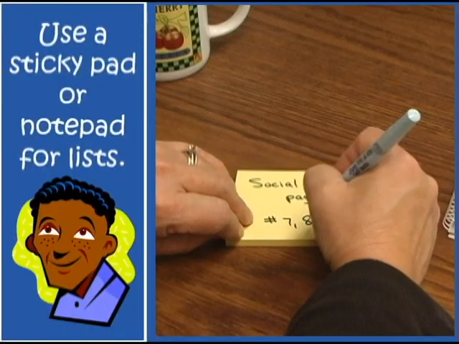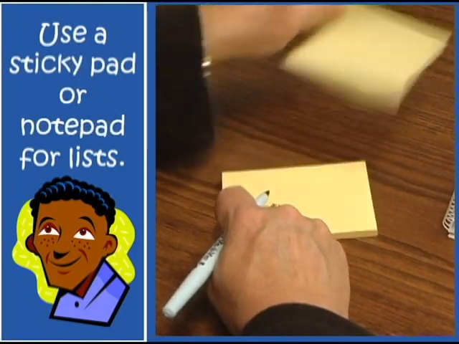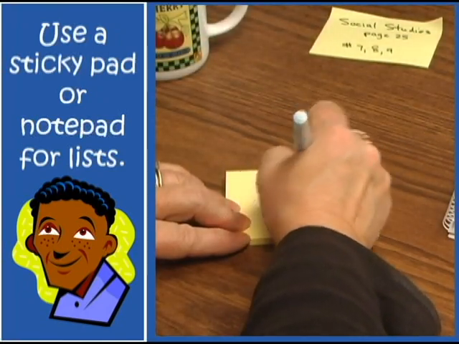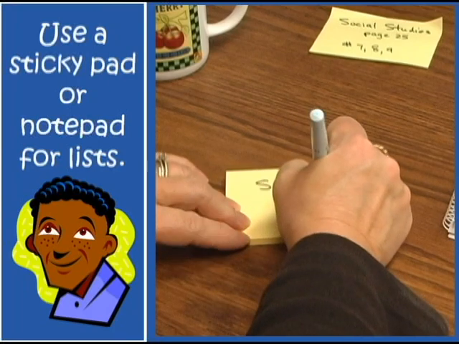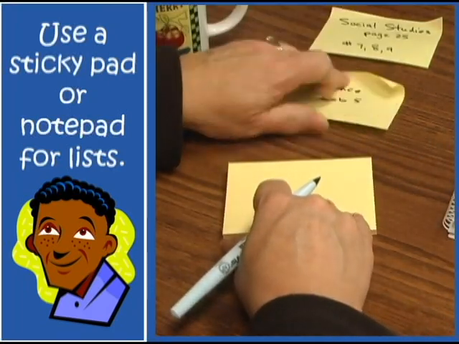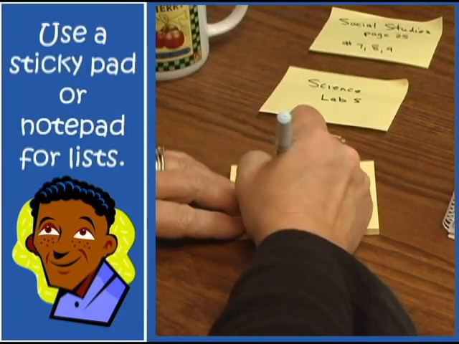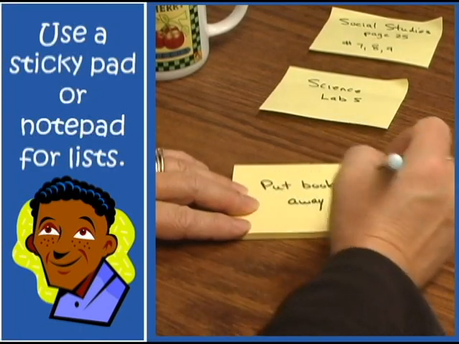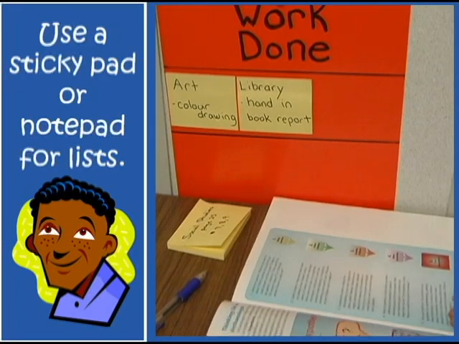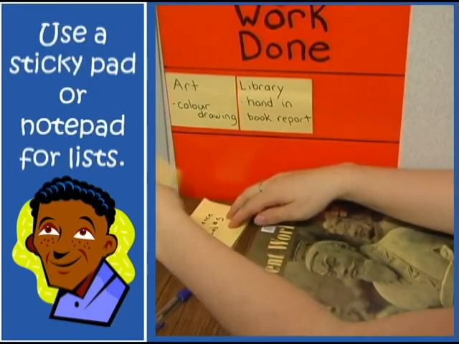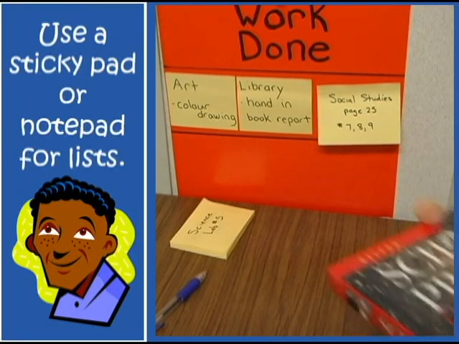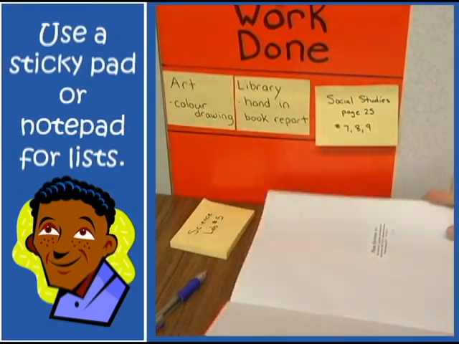One example is to write one instruction on the top sheet of a sticky pad, the second instruction on the second sheet of a sticky pad, the third instruction on the third sheet, and so on. When the sheets are put back together, the student will see only one instruction at a time. Once the first activity has been carried out, the student will remove the top sheet and the next instruction will be displayed. This prevents overwhelm.